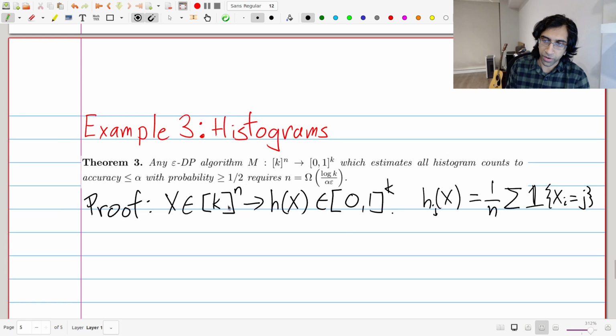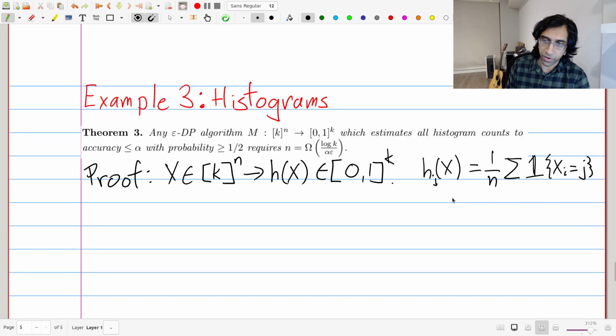algorithm M on dataset X would return h sub j of X, or the set of h sub j's on X. It has to give it for each coordinate. So that's ideally what we would like, but of course that would not be private. So this is our sort of ideal, but what we're going to do is